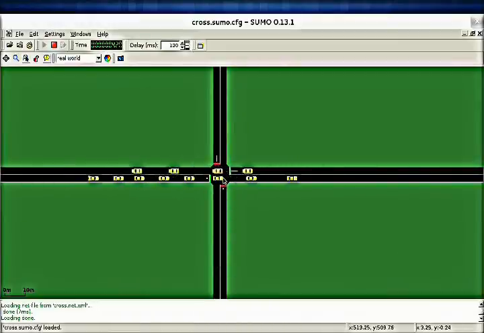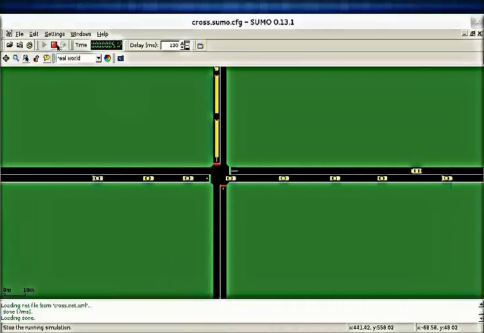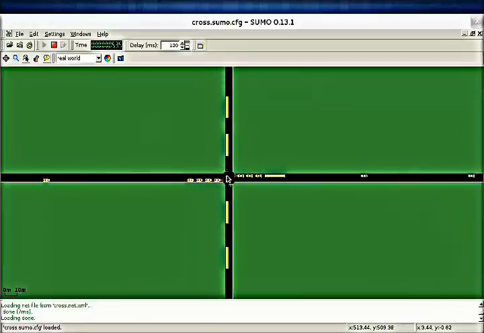Now we can see the lights here, the green light and the red light. These work as in a normal life scenario. One is green, the other is red. Now we can see that the emergency vehicles are pausing at the red light. That means they are in a delaying queue, they are in a waiting queue.